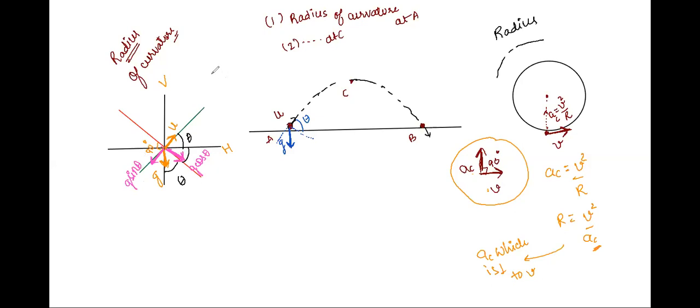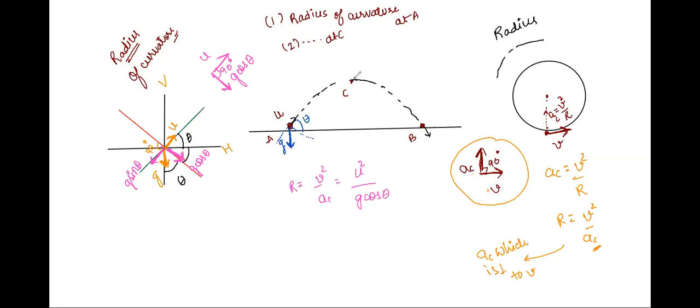So now you can see we have u acting this way, and a perpendicular component of acceleration acting on it as g cos theta. The existence of a perpendicular component of acceleration to u gives it a radius of curvature, as simple as that. This r will therefore be given as v square by AC, where instead of v square you will write u square, and instead of AC you will write g cos theta. Right, I hope it's clear.